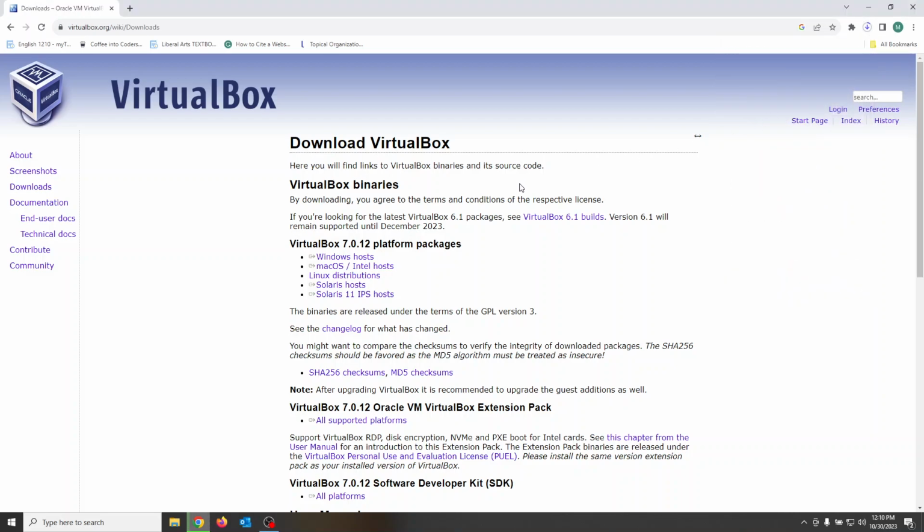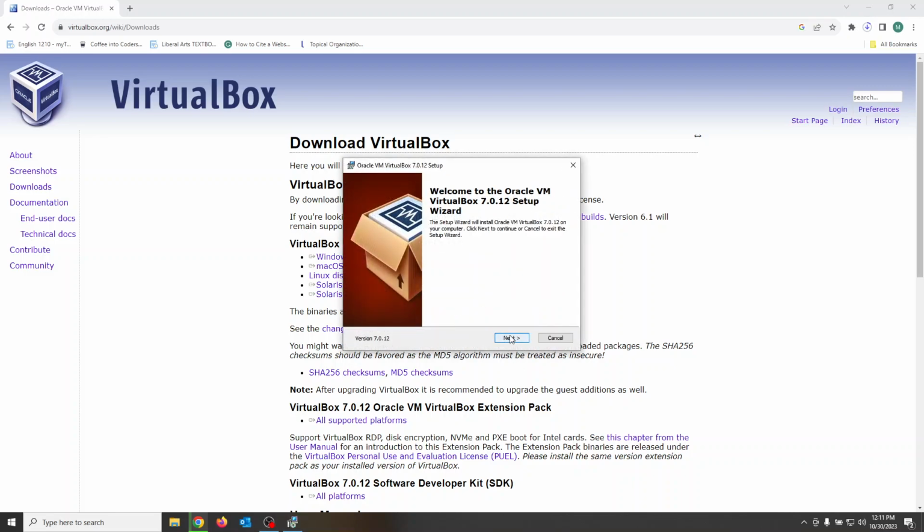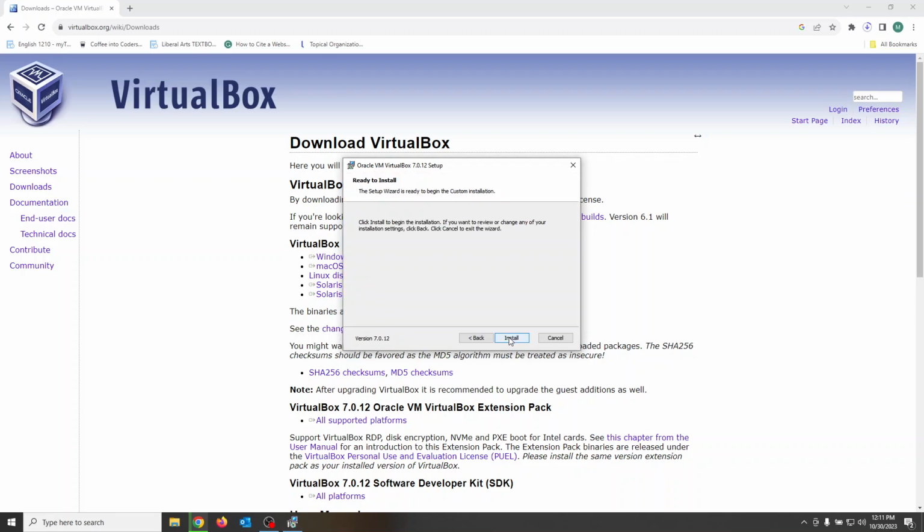Once again, I'll click on yes when it asks if I want to allow that to make changes to my computer. And then I'm just going to choose all the default installation options. Just keep on clicking on next, yes, yes, install. Once this is done installing, we're going to go ahead and install the